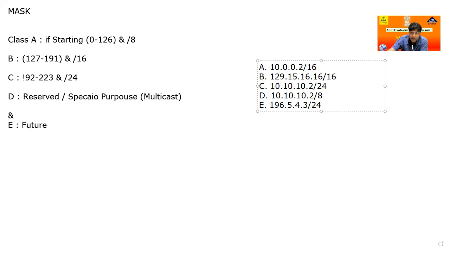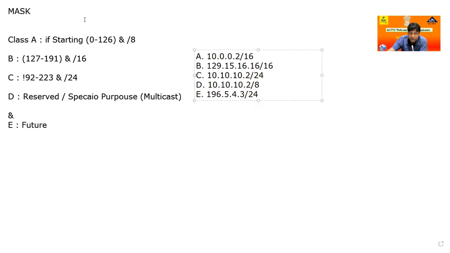I ask all of you: for option A, as per the information I have given, which class of IP is it? Please write in the chat box. Based on the information I have given so far, tell me which class option A will fall in: class A, class B, or class C. Satish Kumar says A, okay. The remaining all are saying class A. Sanjana, you are also saying class A. Sheikh Sameer also.